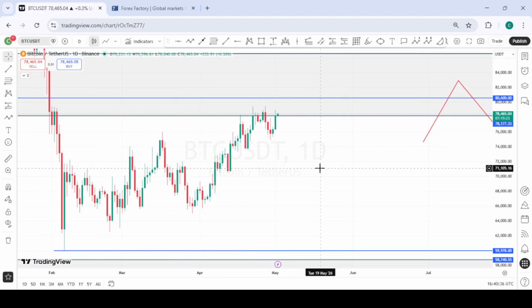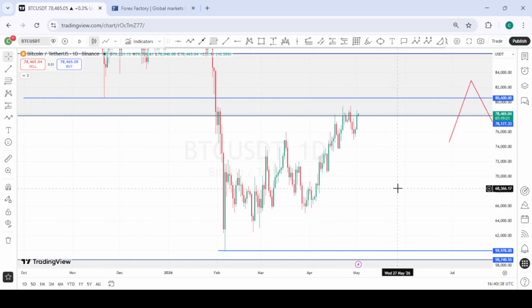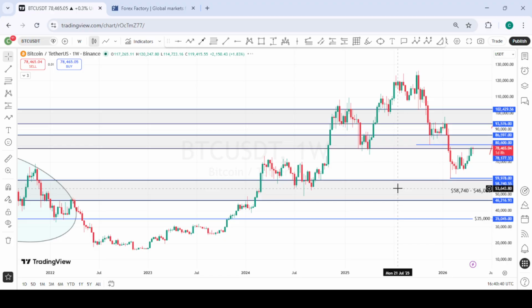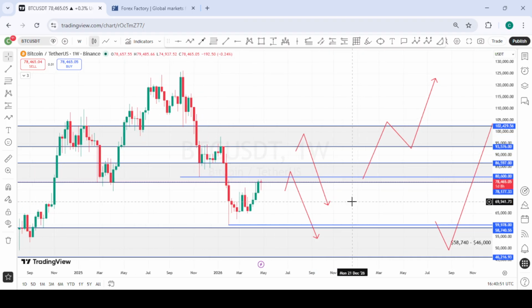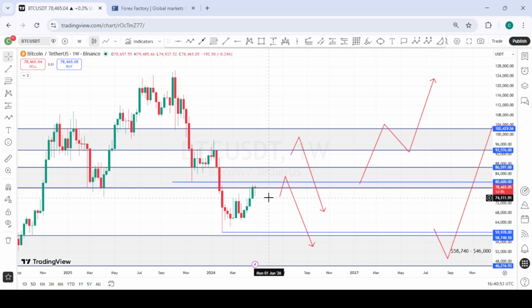We have here Bitcoin. So last week we were looking out for this pullback into this area of interest to give us selling opportunities to the downside. Price is here to give us a proper retest for us to consider the sells to the downside. So we are just going to wait patiently for price to make its way all the way up to 80k, between 80k to 85k around this region. And then we look for some rejections and some bearish confirmations,